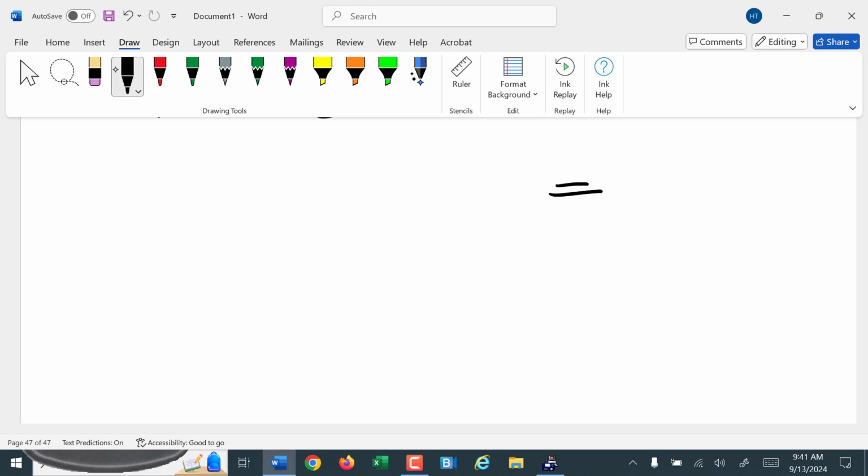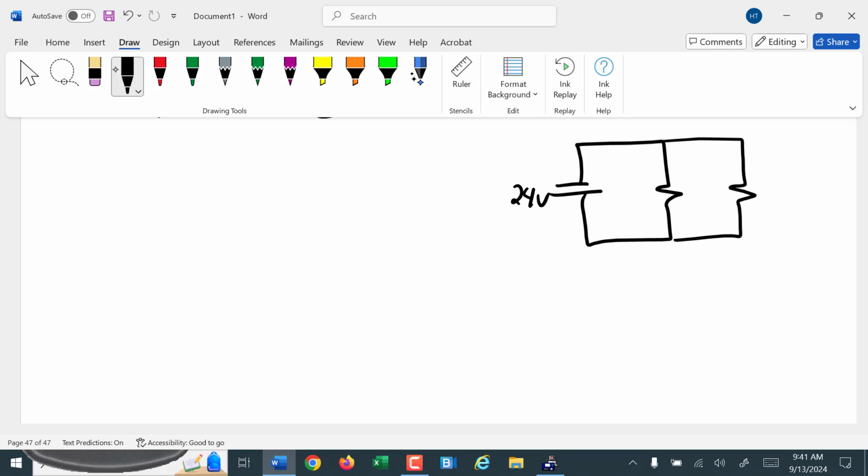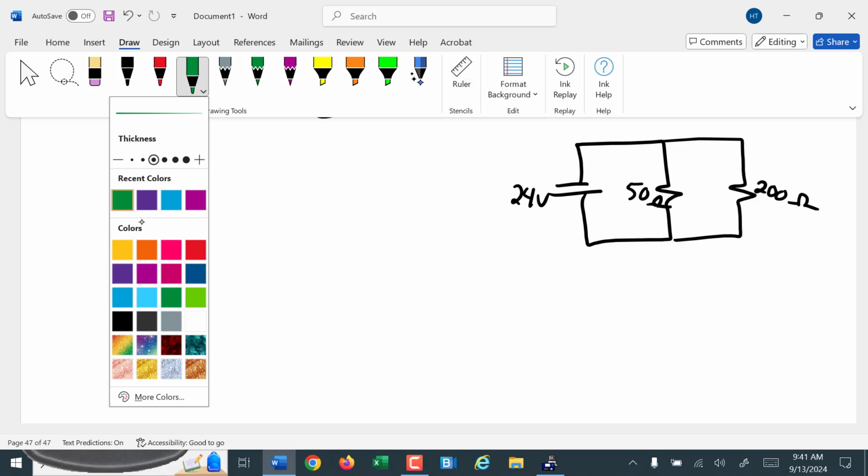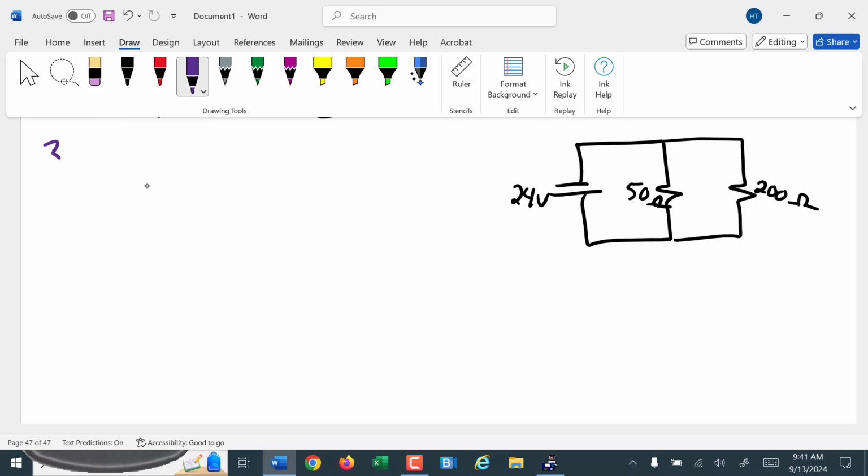So 24 volts here, 50 ohms and 200 ohms. The start I've had to the day, I should probably just go home, huh? So anyway,